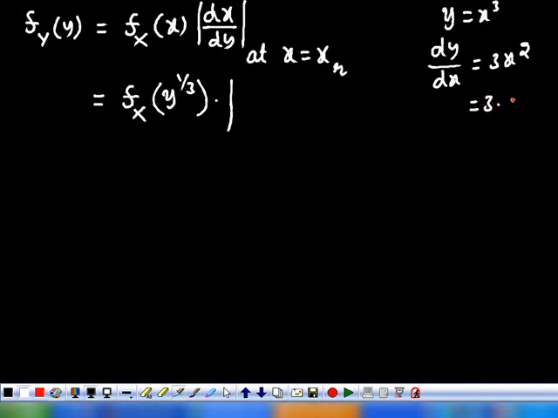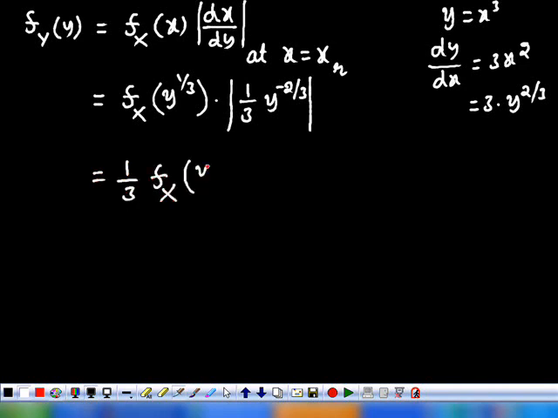But what is x in this case? Y power 2 by 3. Therefore, it is 1 by 3 y power minus 2 by 3. Understood that? Therefore, I can write it as 1 by 3 fX of y power 1 by 3